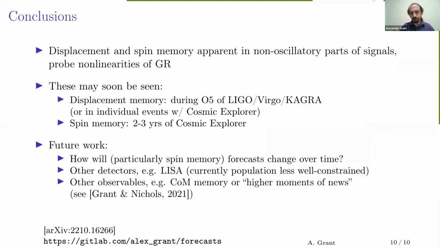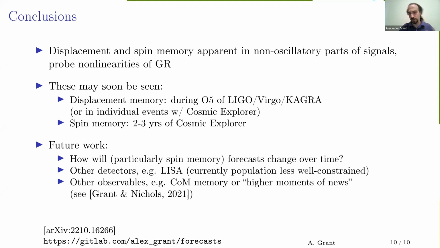So in conclusion, these displacement and spin memory effects are non-oscillatory parts of the signal that probe nonlinearities of general relativity. They might soon, for certain definitions of soon, be seen in O5 of LIGO Virgo KAGRA for the displacement memory, or you could also see it for the displacement memory in individual events if you had Cosmic Explorer, and with about 2 to 3 years of Cosmic Explorer, we'll see the spin memory. For future work,